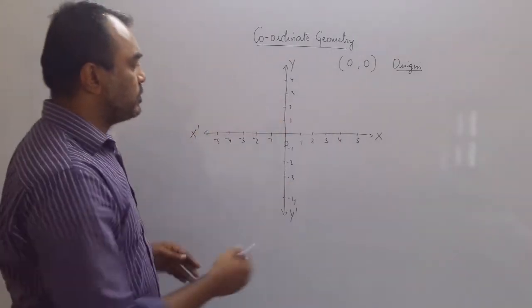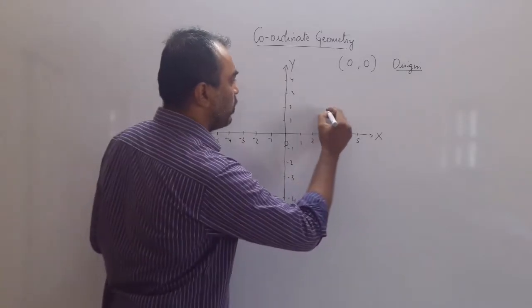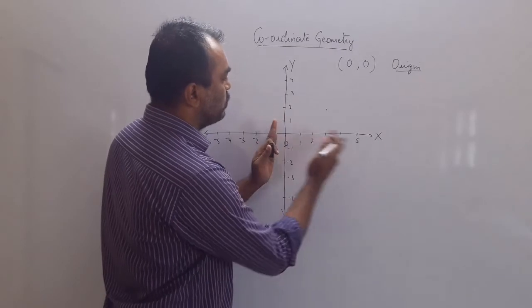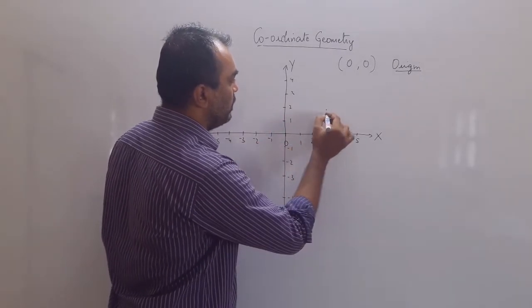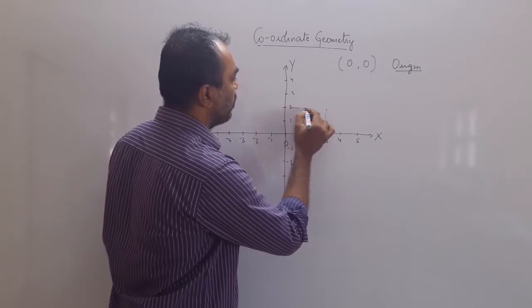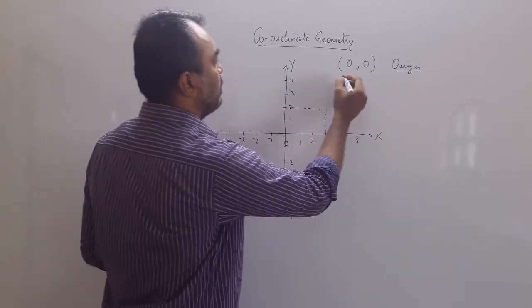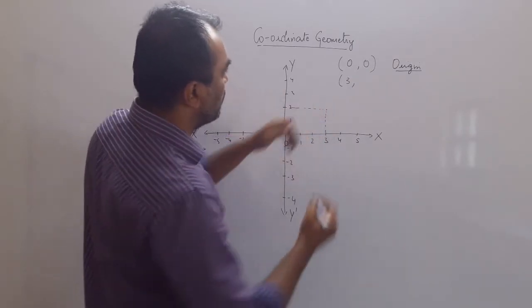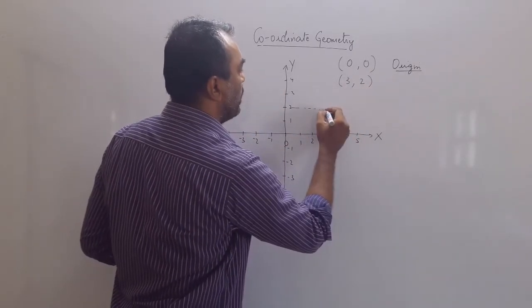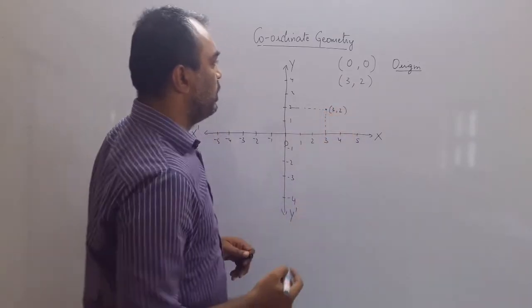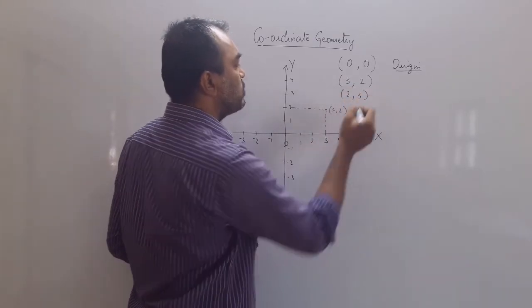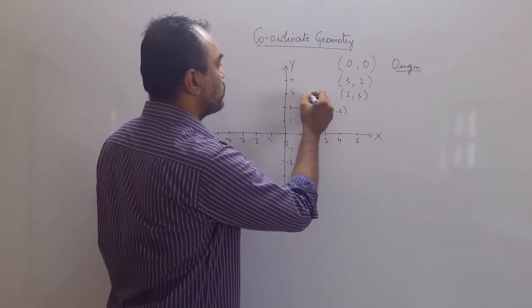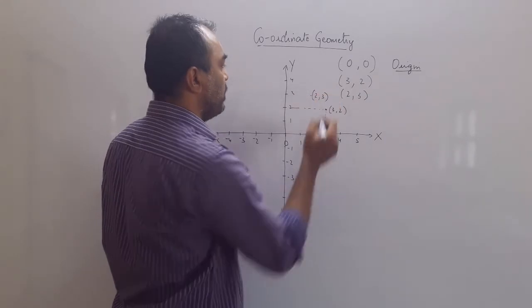Now if you see this, I can say this point. Where is this point? So first we see to the right. 1, 2, 3. So you can see how I write the coordinates. This is 3 steps to the right. So this is 3 and 2 steps upward. So once you go 3 and 2 steps upward, this point is 3, 2. So I write here 3, 2. But if you write 2, 3, it is not the same point. 2 means 2 steps to the right and 3 steps to the top. So this point is 2, 3.